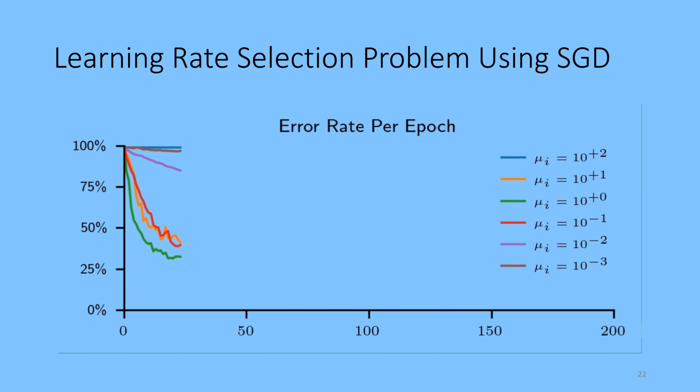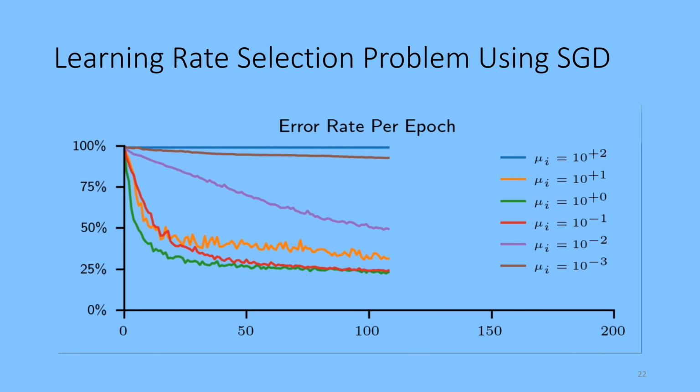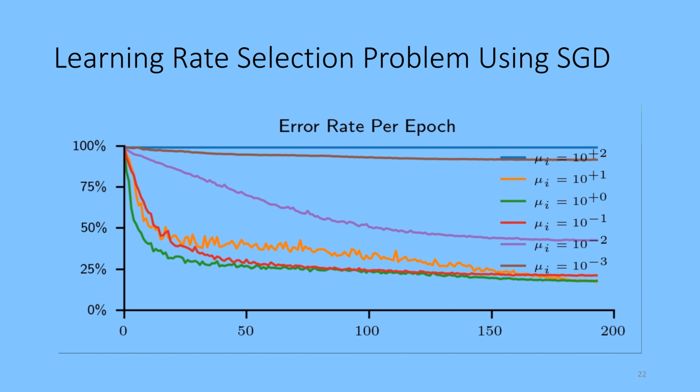When using standard gradient descent with momentum, SGD, the results are very sensitive to the choice of learning rate. While convergence is quite fast for mu around 1, higher values of mu lead to divergence, and lower values require far too many iterations to achieve good results. Note that while mu equal to 10 produces results similar to mu equal to 1, the behavior is more erratic,